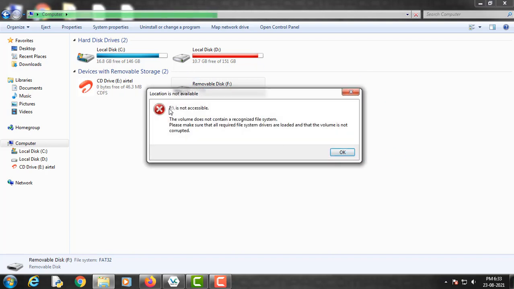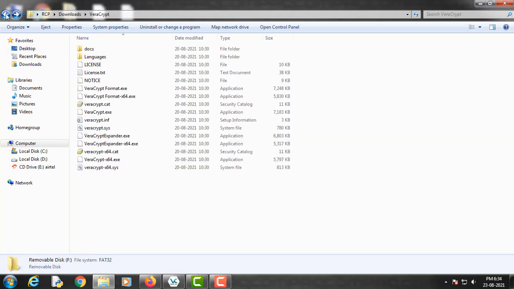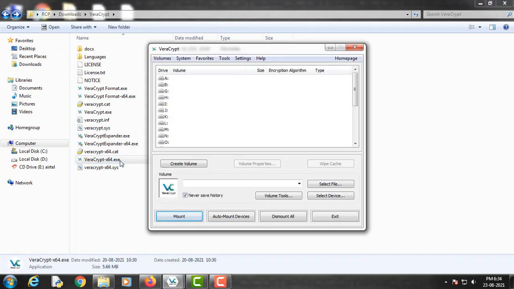As you can see, it is saying it is not accessible. Windows is not recognizing this encrypted USB drive F. So in order to use it, I will have to mount this USB drive with the help of VeraCrypt.